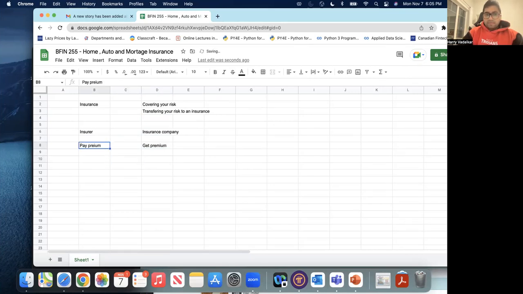Now, premium is usually paid monthly or annually. The two common ways of paying insurance premium are monthly or annually. The insurance company gets that premium as income monthly or annually. Now, why are they taking your premium? They are taking your premium to cover a mentioned risk,